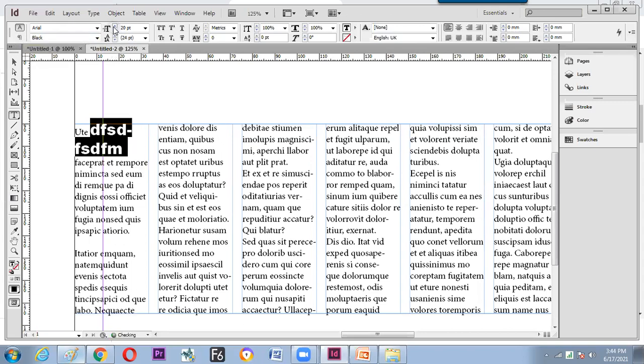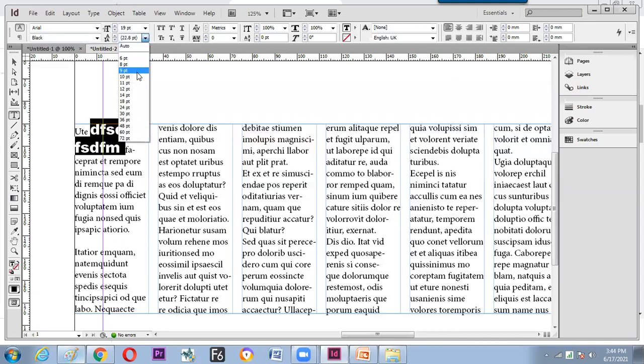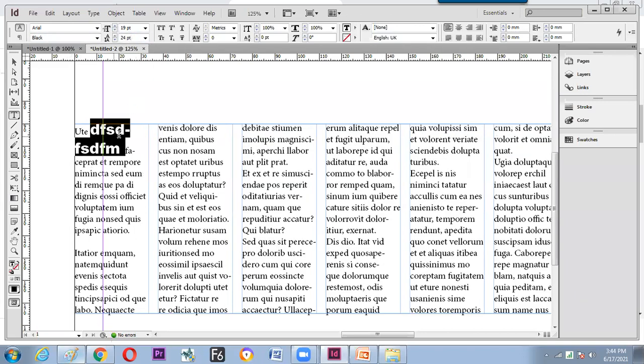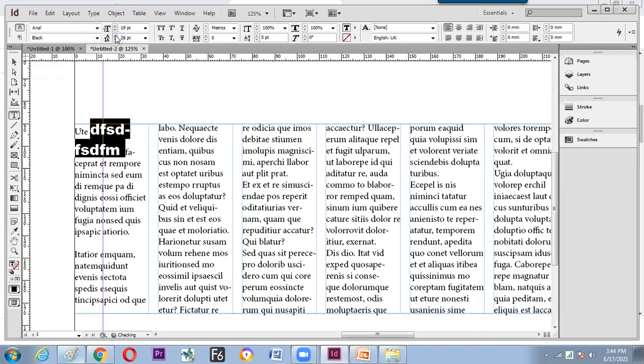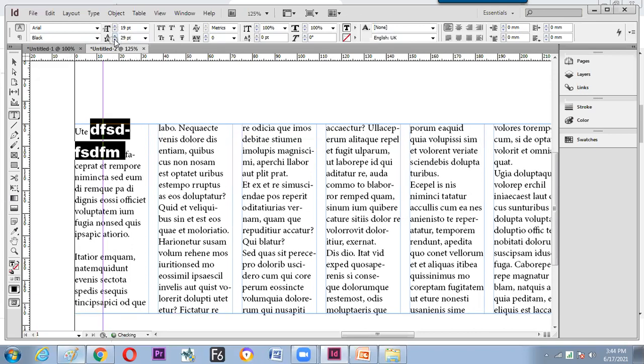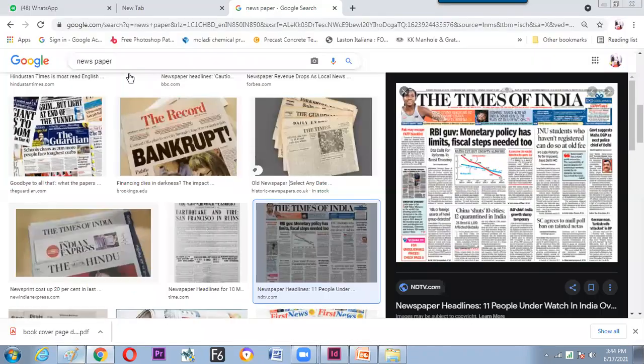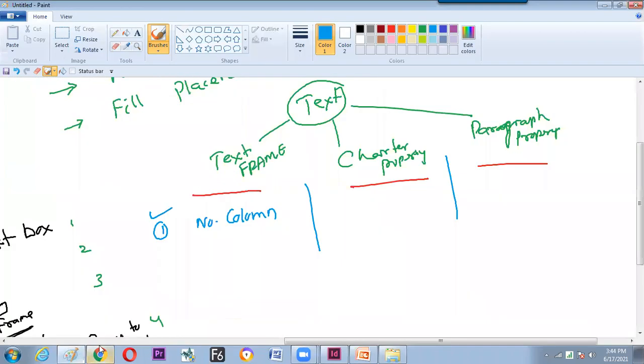Second, sizes. Okay, a little fast preview. Now this distance, this is your leading distance. So in between the lines of characters, how much space. This option is to increase the space between the lines. Okay, can you see the technical term? Leading. Note down. Switch to the paint.